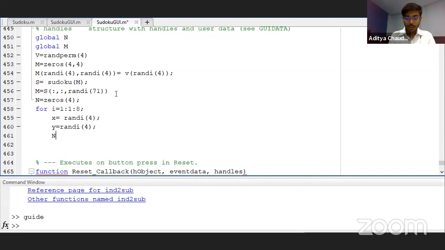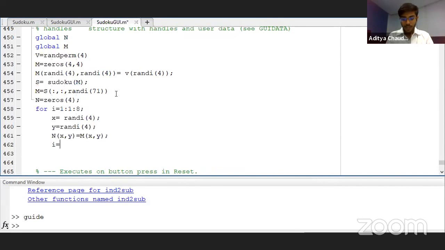So I'll be using this code or this function again and again, because this being an interesting game, it should be random. Every set should be a unique one, so that there's no cheating in it. I'll increment I and I'll end the loop.